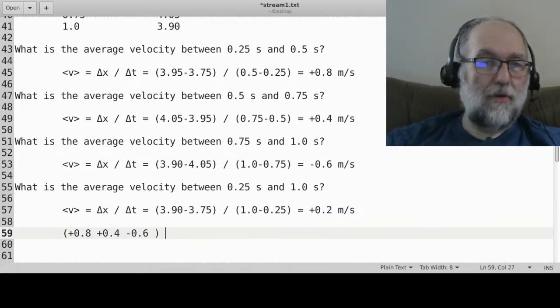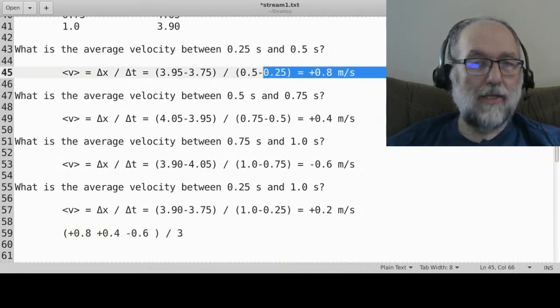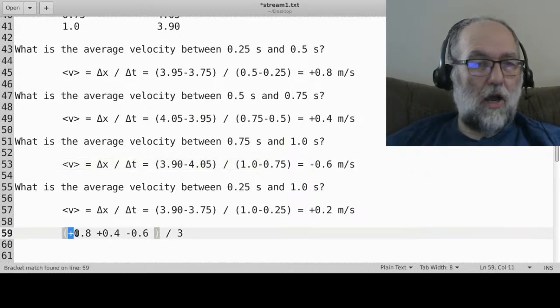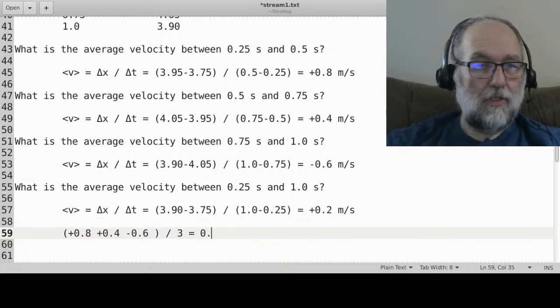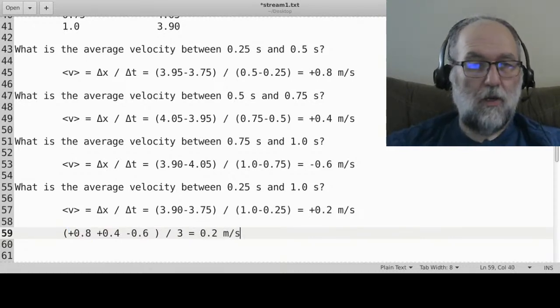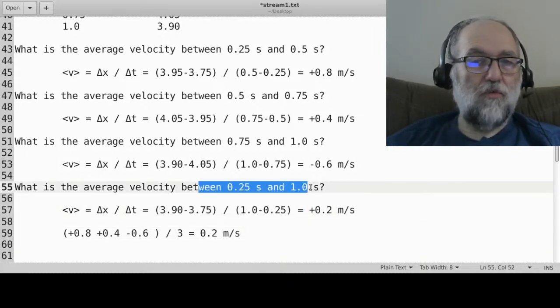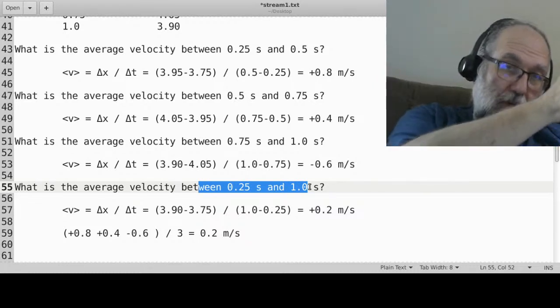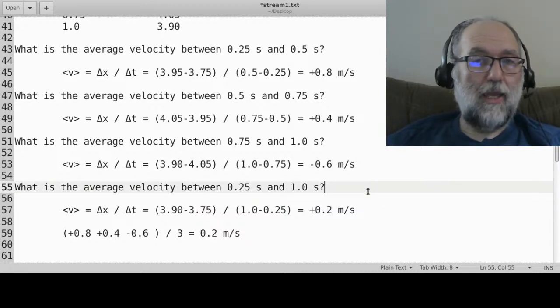Now, if you add all those together and divide by 3, and you might say, why 3? Because there's 1 time interval, there's 2, there's 3 time intervals. So you take all the velocities during those 3 time intervals, and then you divide by 3, and guess what you get? 0.2 meters per second, which is exactly this answer here. In other words, the average over the full period is equal to the average of the averages during the first third, the second third, and the third third,